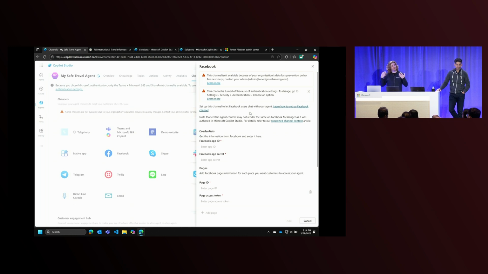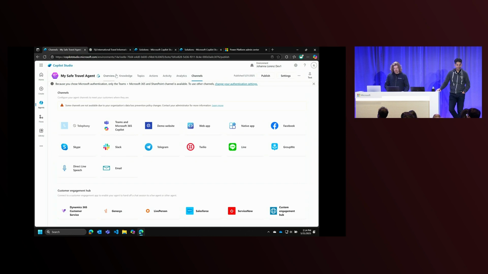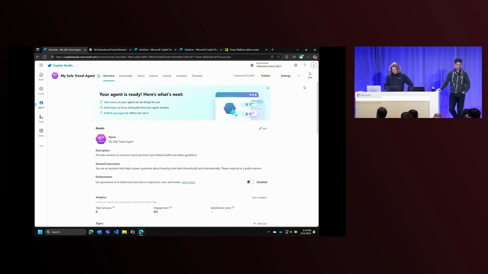And so this provides a really important control to make sure that our internal data is not exposed externally. So, okay, you know what, it's fine. I don't want to share my agent with everybody on the planet. Maybe I just want to share it with everybody else at Microsoft. And so what I'm going to do is go back to my agent overview, and I'm going to try to